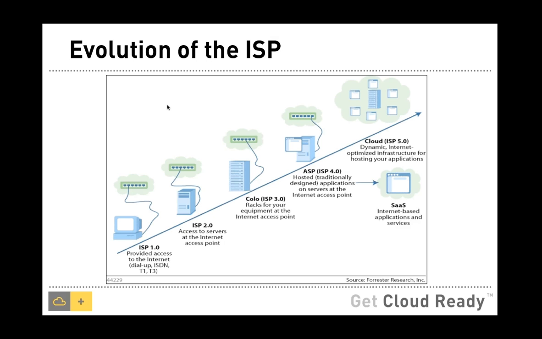So application service providers were the next generation ISPs who exposed commonly used applications in a subscription shared environment. And eventually that led the ISPs to become cloud in their current avatar. But we haven't defined what is cloud. So all I want to summarize in this slide is ISPs are the logical cloud providers. They were offering basic internet connection earlier, then they offered hosting, then they offered co-location, then they brought in the application service provider model, and now they are set to become the next cloud providers. So this is one very important trend, the way the ISP has evolved.